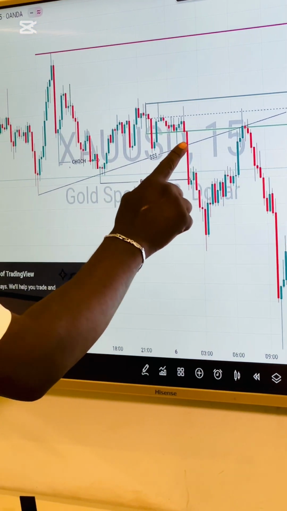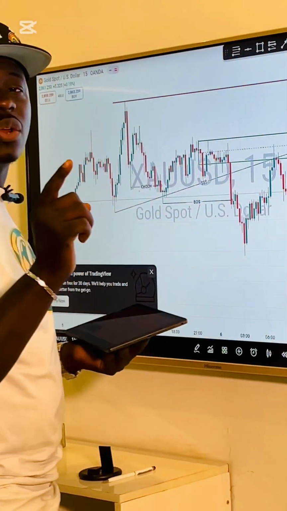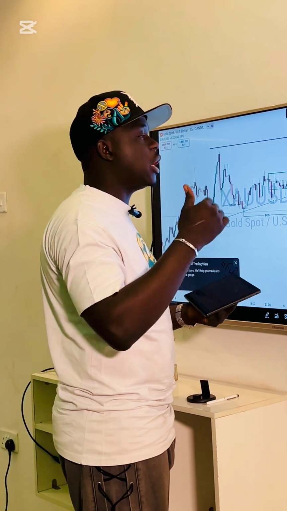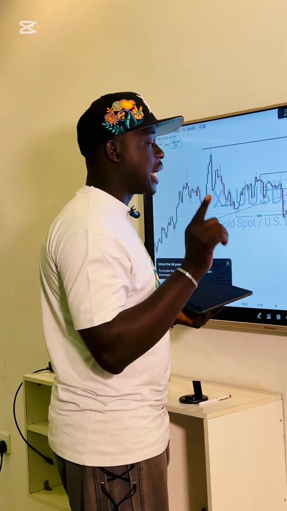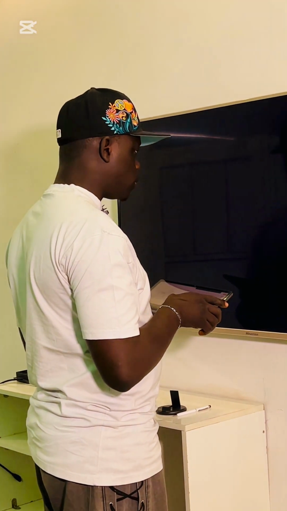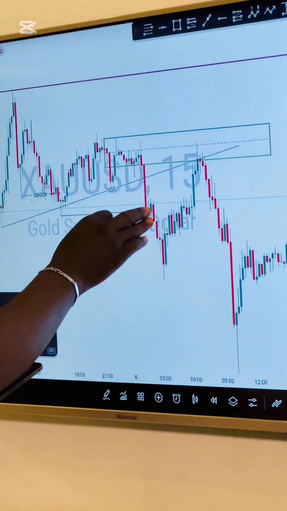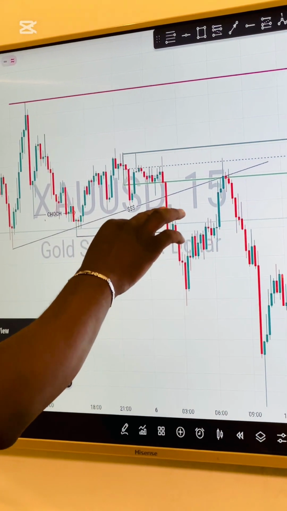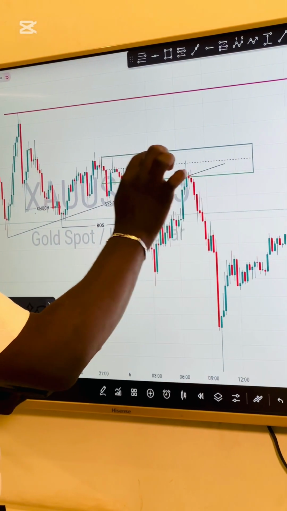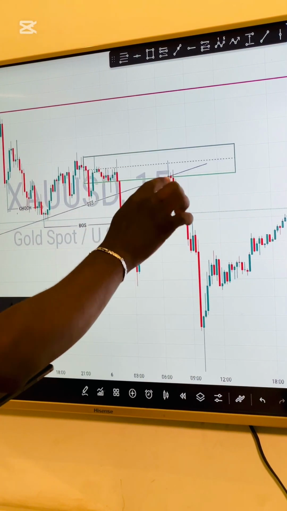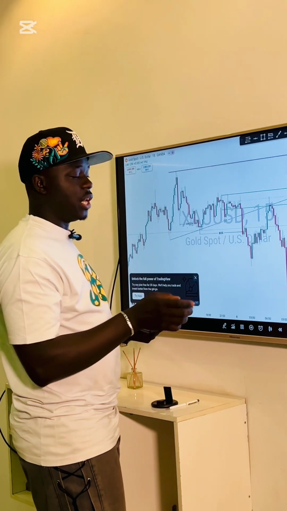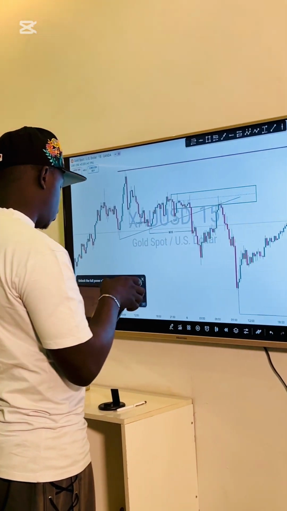Now that you have gotten inefficiency from there, I told you, you cannot use one confluence to get into the trade. You have to use a lot of them. Just one thing cannot make you enter a trade. So now that you have gotten your inefficiency, price is coming back to fill that very gap. And this is a junction where a lot of people are willing to sell the market, because financial institutions have gotten into the trade. You are going to get a clean setup. So this is where you are going to enter